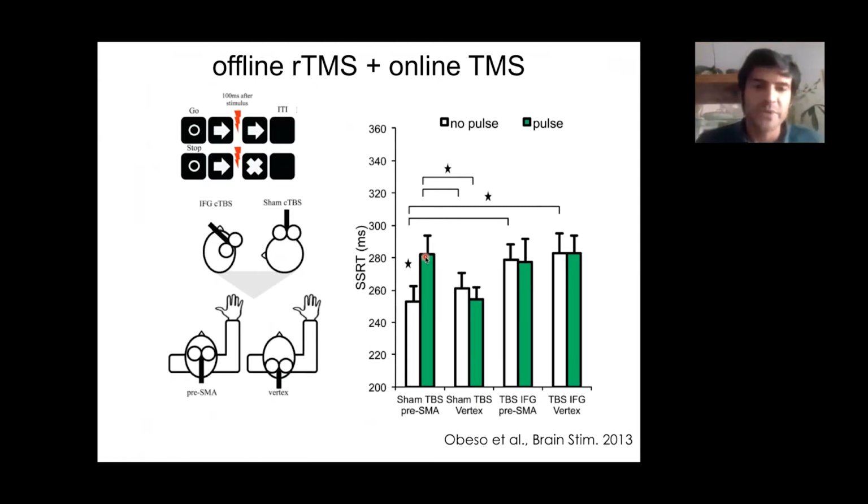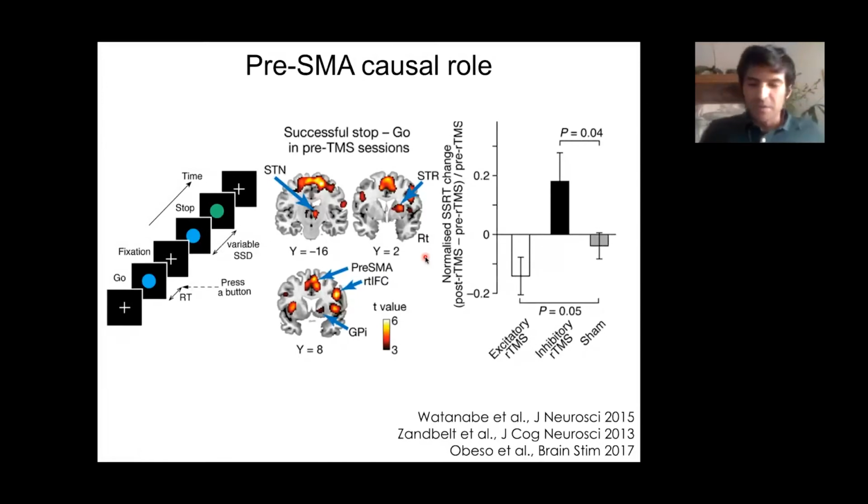So pre-SMA, I've been talking a lot about it, and what's the real causal role? We can stimulate and see changes in behavior. What is it really doing? Is it really active or not? So we can see this with fMRI after the stimulation, and this study elegantly showed how